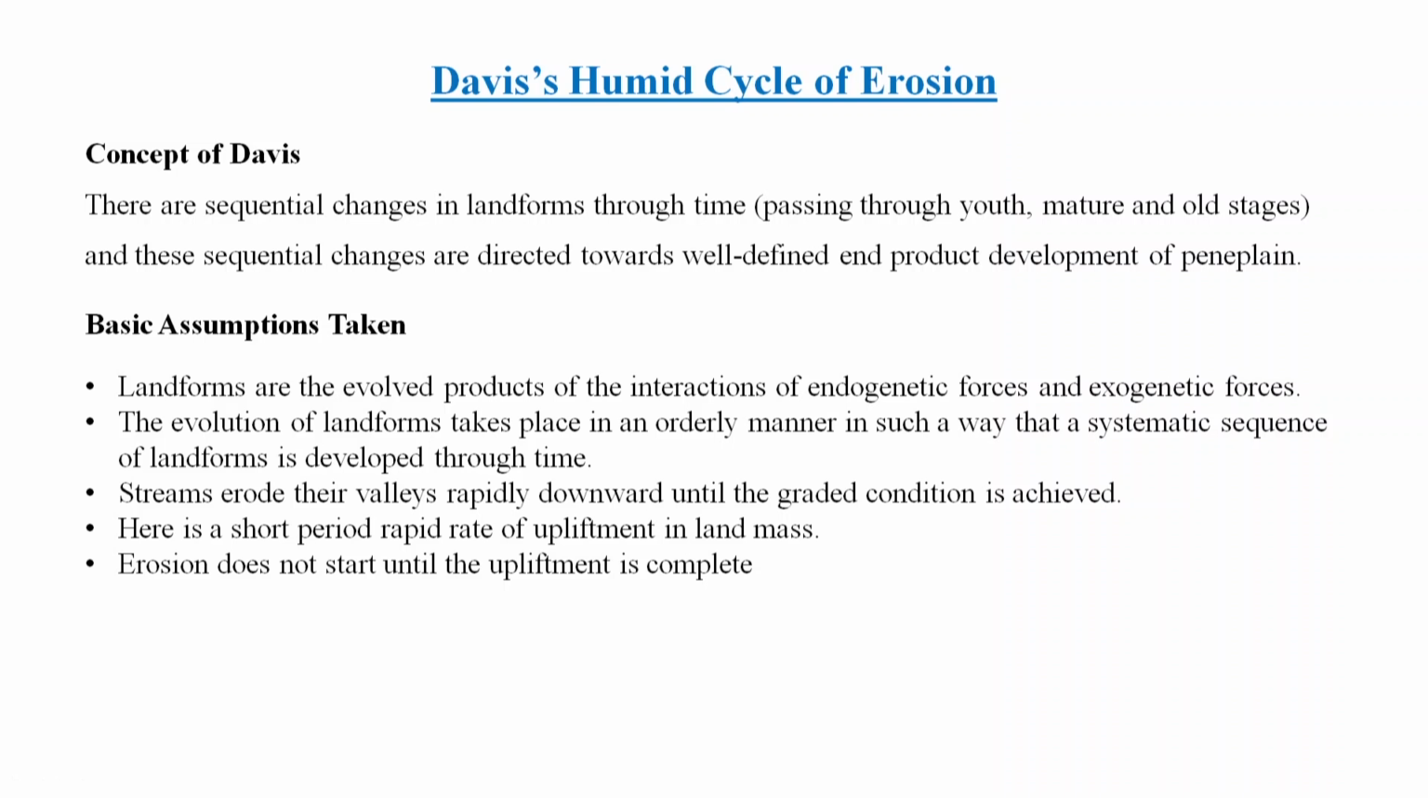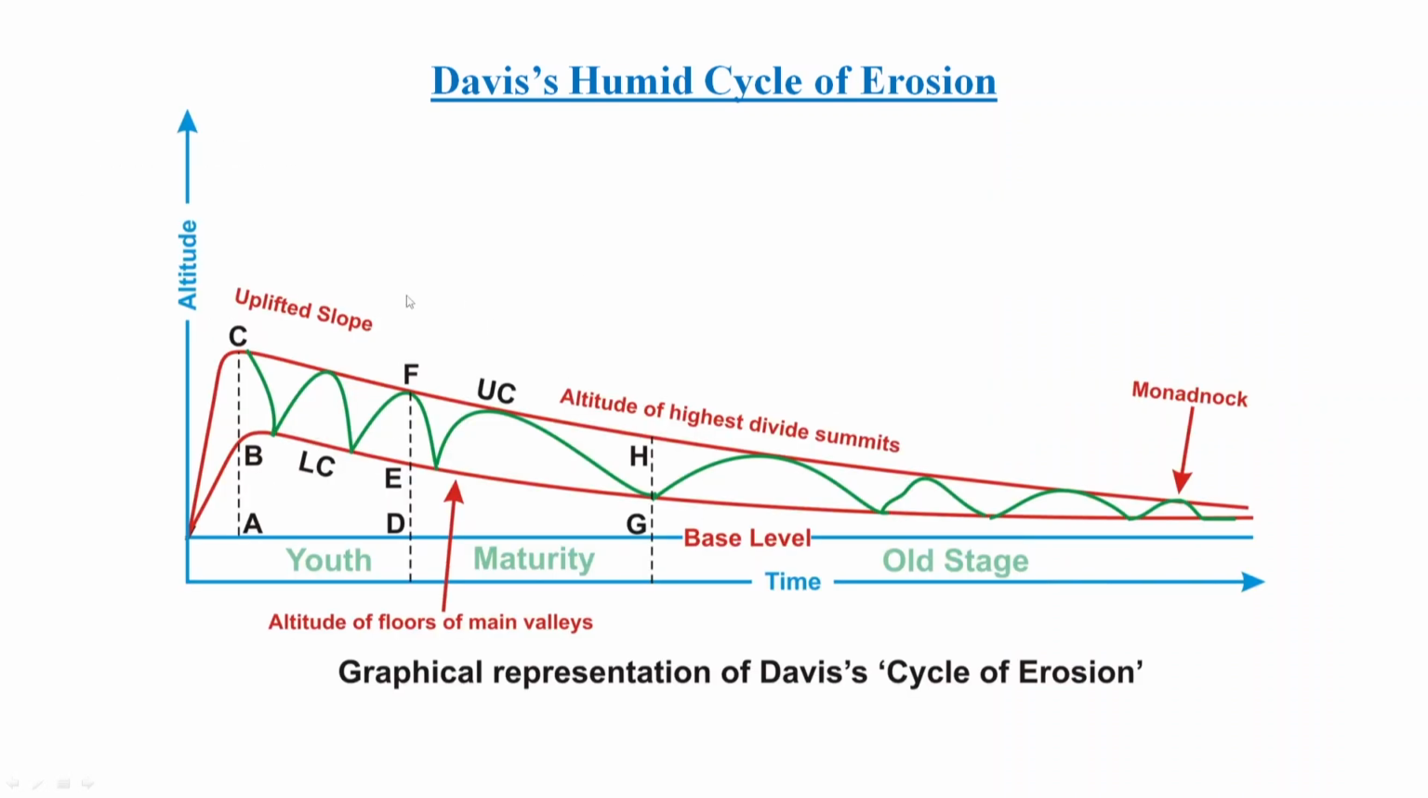Streams erode their valleys rapidly downward until the graded condition is achieved, and erosion does not start until the upliftment is complete. So, here again you can see there is a graph that reflects the different stages of a river. This is your altitude or elevation, and here your youth stage is getting modified into the mature stage and your old stage. So, you can see that the base level, this base level is nothing but the ultimate base